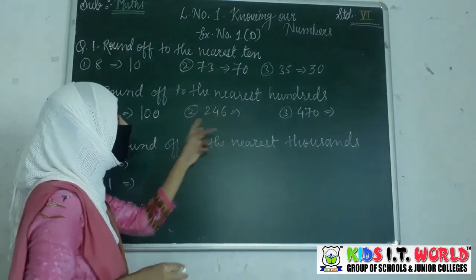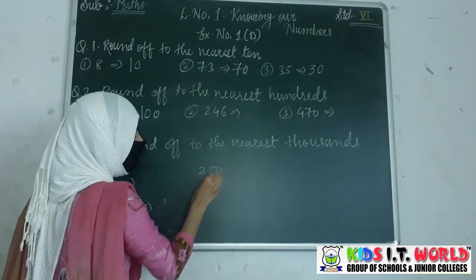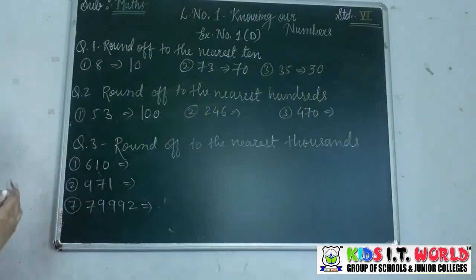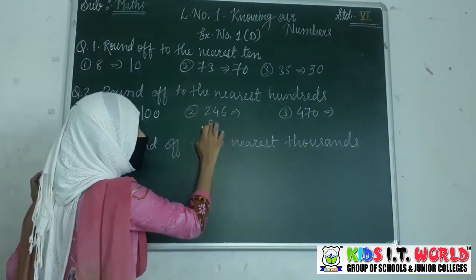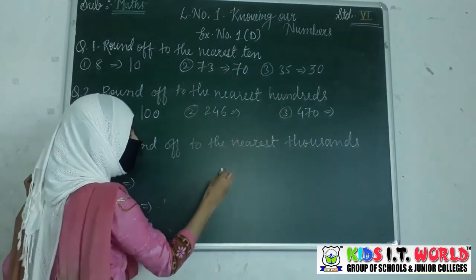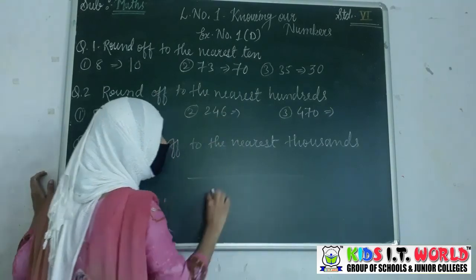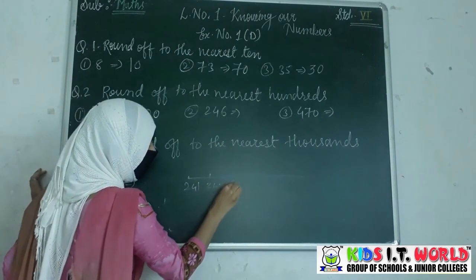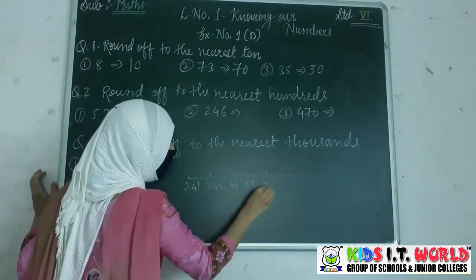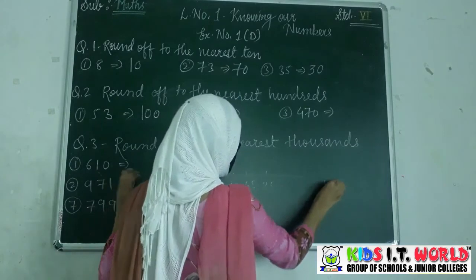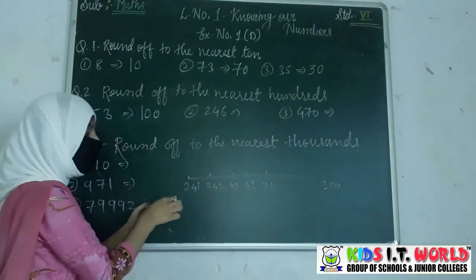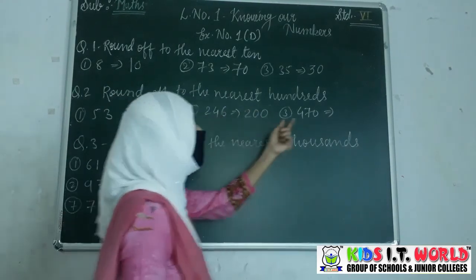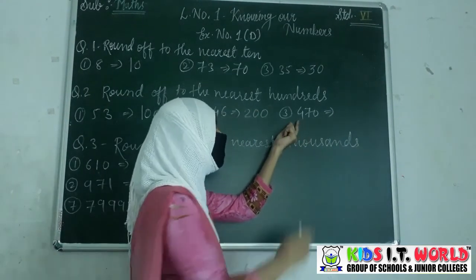Now it is less than 50. If it is 250, we can write 250 above. So we can write 260 or 300 or 400. Here it is 246, which means it is not going up, it is less than the half. If we show it on the rail, 241, 242, 243, 245, 246 till the 300. So is it nearest to 300 or nearest to 200? Obviously it is nearest to 200. In this way, again the same for 470, it is nearest to 500.